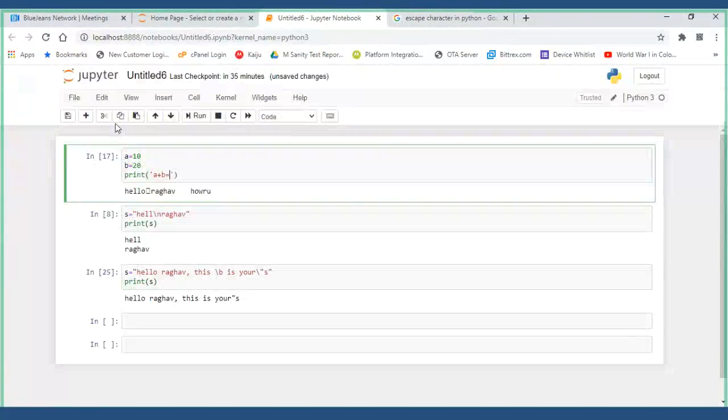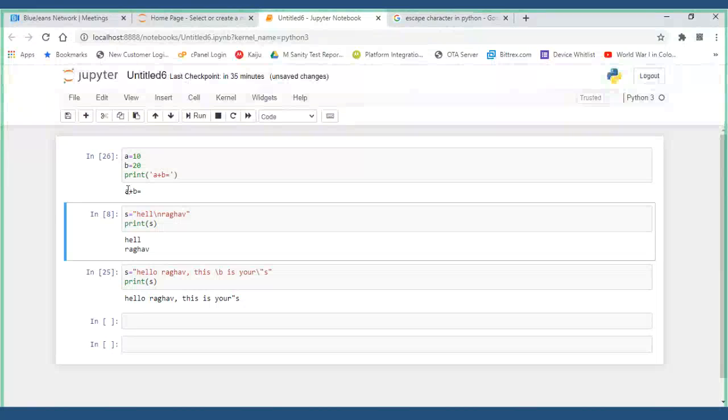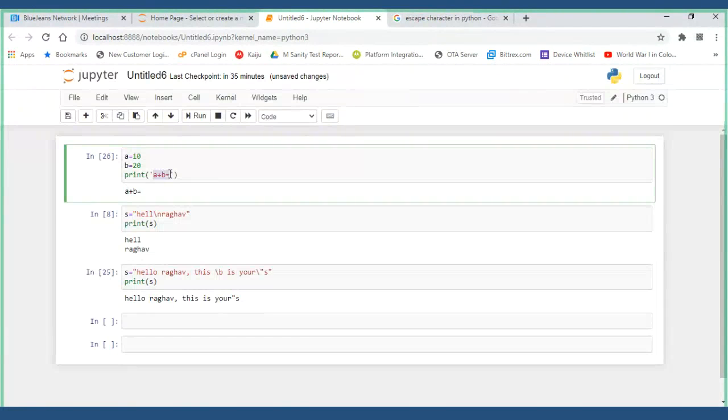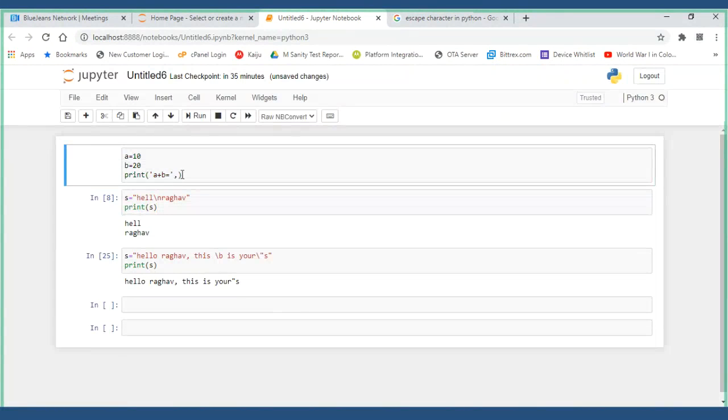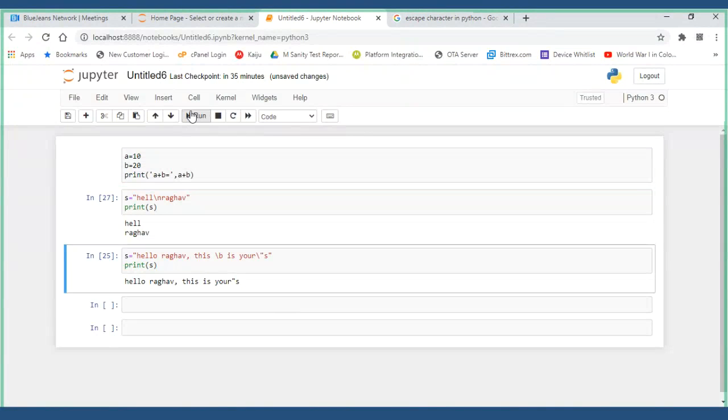If I put this inside the print, whatever is there inside print, it will give me as a result. That we know, correct, right? That is what the print function does. But I want the result to be printed next to the is equal to. So here I'll put the actual A plus B, where the variables will get added.